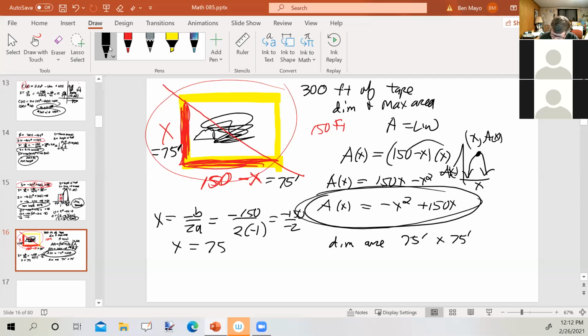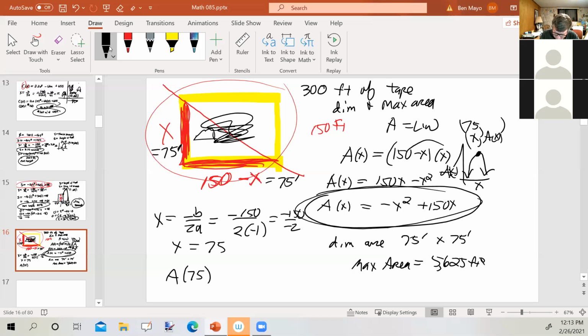Okay. Now, we're supposed to find the maximum area. There's actually two different ways I could do it. Since I now know the dimensions are 75 by 75, I could just take 75 times 75 and get 5,625 square feet. Or I could do it the other way, and I could find A of 75, plugging the x value into the function